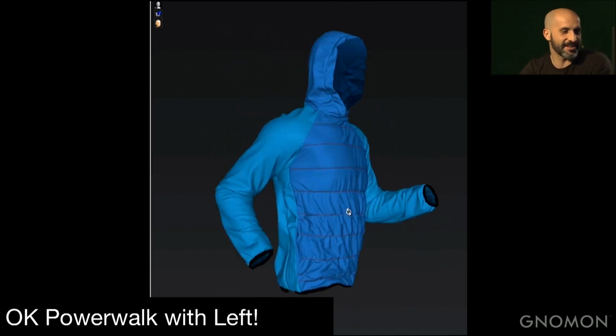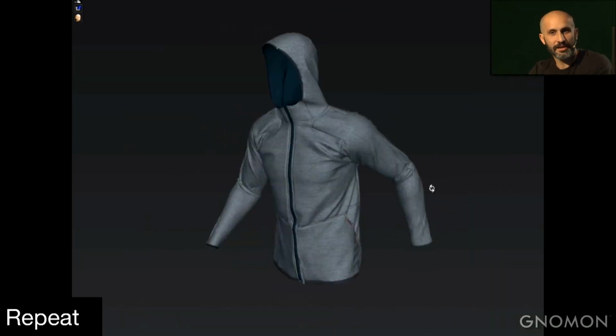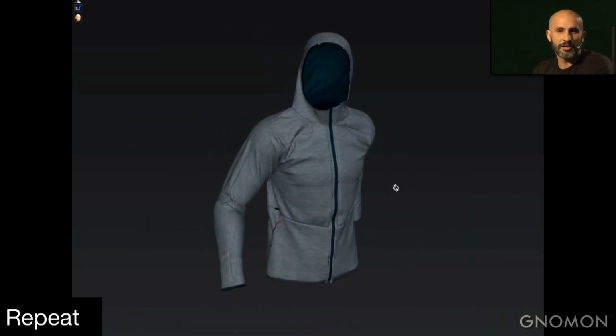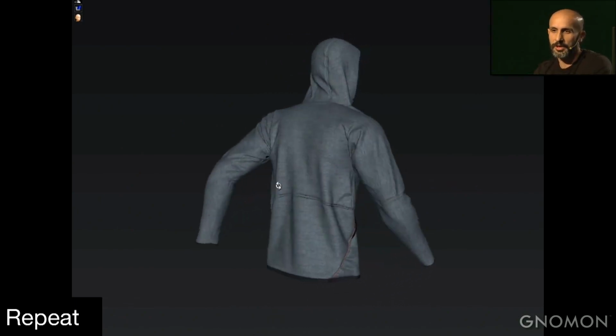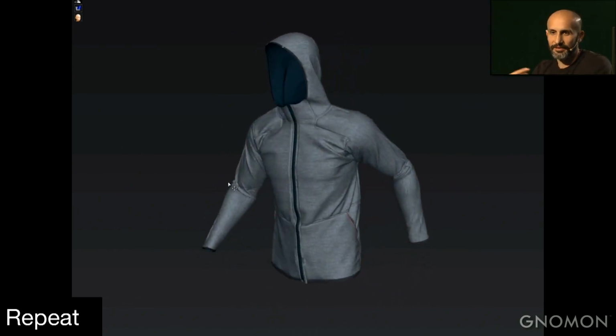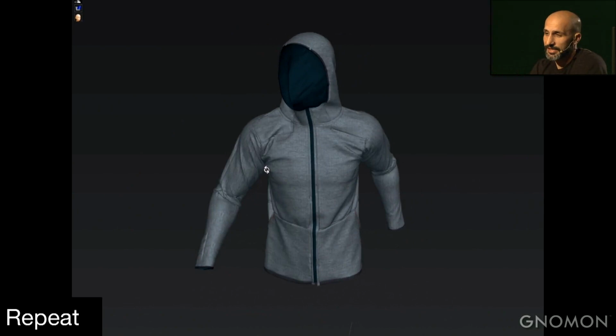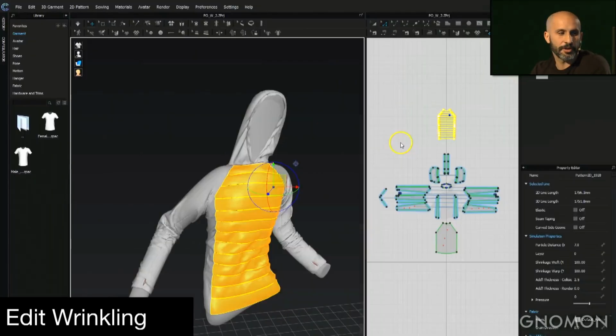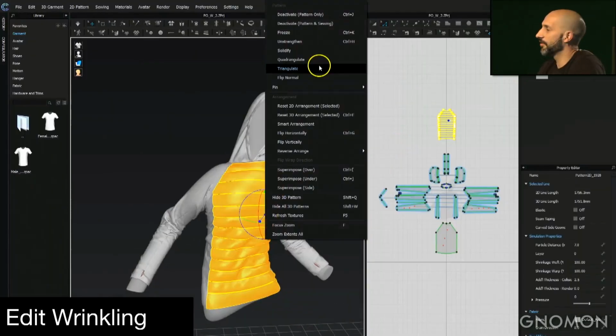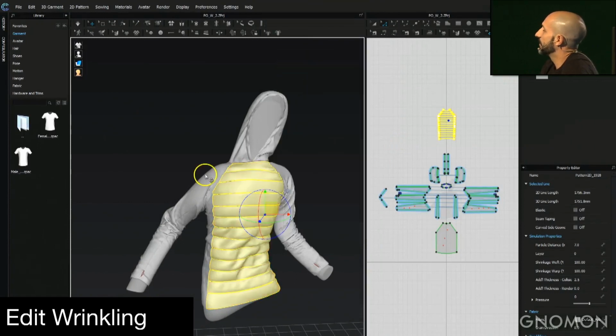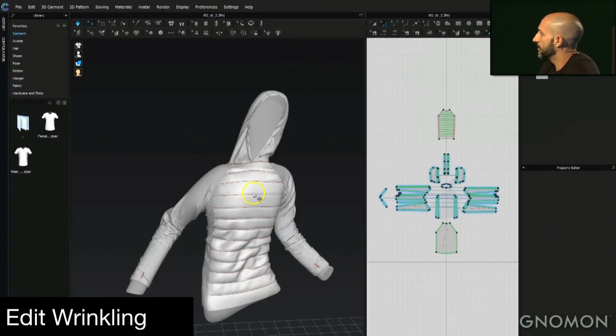It was a challenging timeline to fit all that. But again, being able to grab the avatar, repose in Modo, or repose it in Clo, and then do the simulation again, that back and forth, for us, was kind of flexible. For the client, it was their first time interacting with this stuff. And then we do it for all the other designs and patterns once we've nailed down what the overall look is going to be.